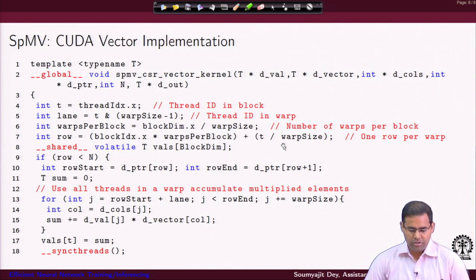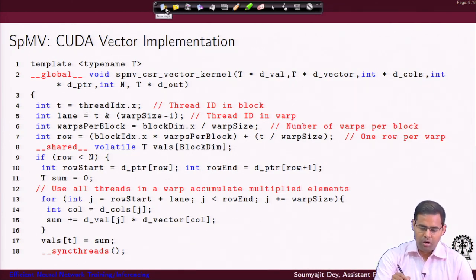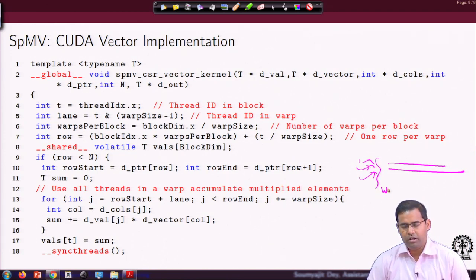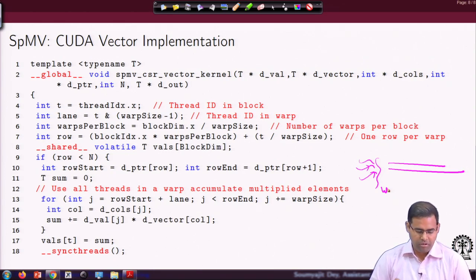So, essentially what does this tell me? First of all, I have figured out what my thread is, and then let us understand that a warp of threads is going to work on a row. So, I have essentially got multiple threads working for the same row, right. So, they are all elements of the same warp, right.